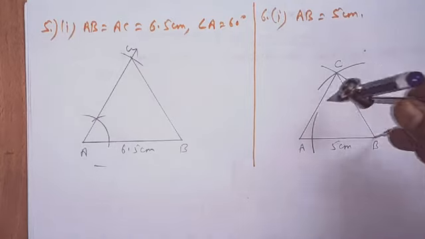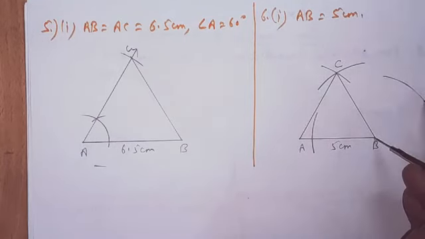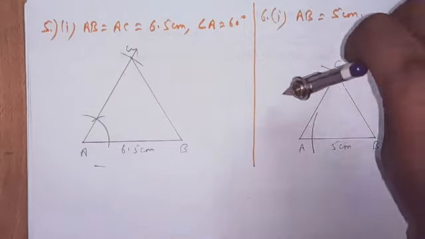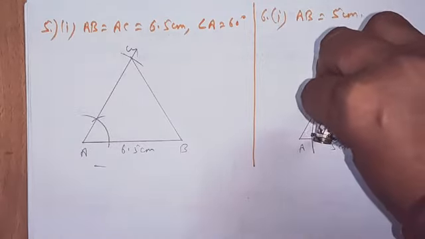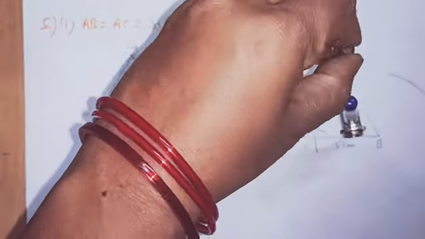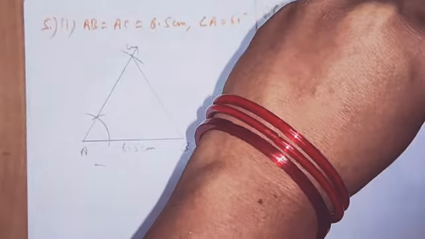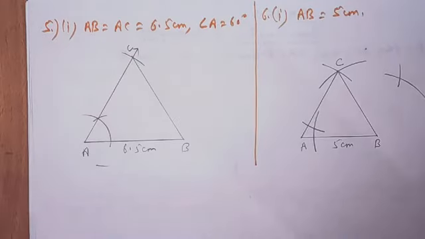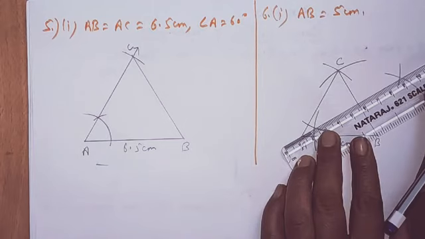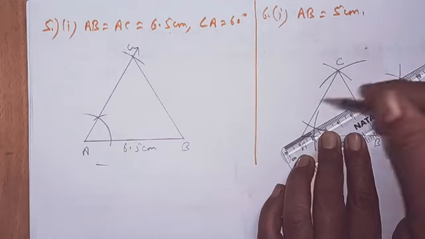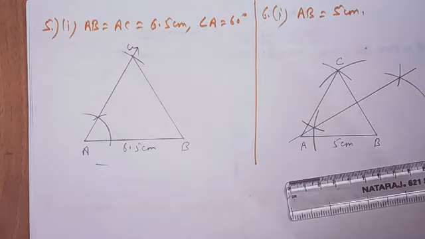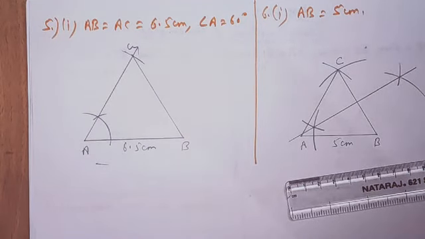Then I will place one arc here and one arc at the other side of BC with the same length, but this time from vertex C I will mark two more arcs which intersect the previous arcs. So this is my perpendicular bisector which I will get after joining these points of intersection of the arcs. This is perpendicular bisector of BC.